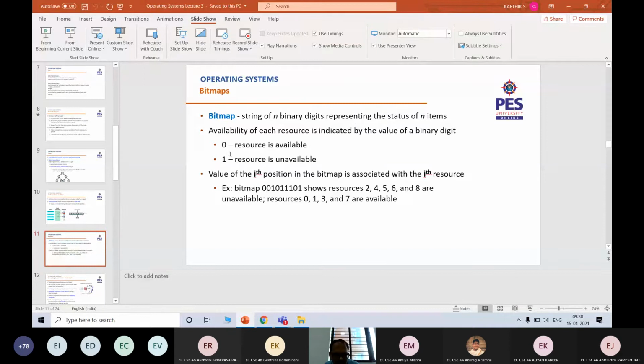Basically, a toggle bit. Suppose a printer is free, then you represent it with 0. The moment I give a print command to that particular printer, the bit is set to 1, indicating it is occupied with some printing job. And after some time, when the printer becomes free, once again it will toggle back to 0, indicating it is free. That's the simple concept.